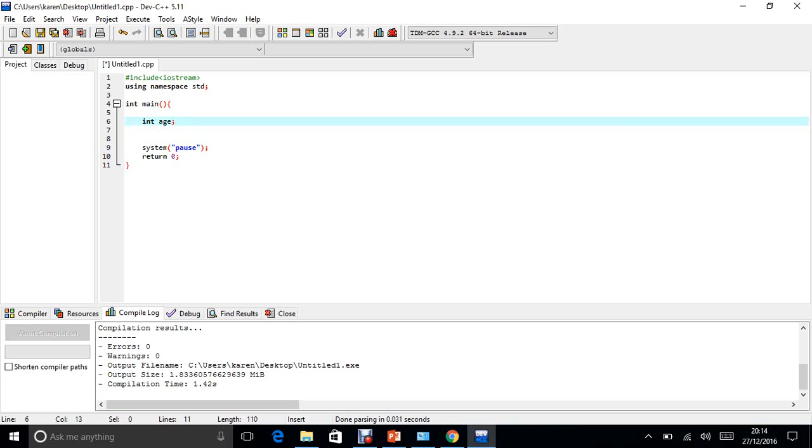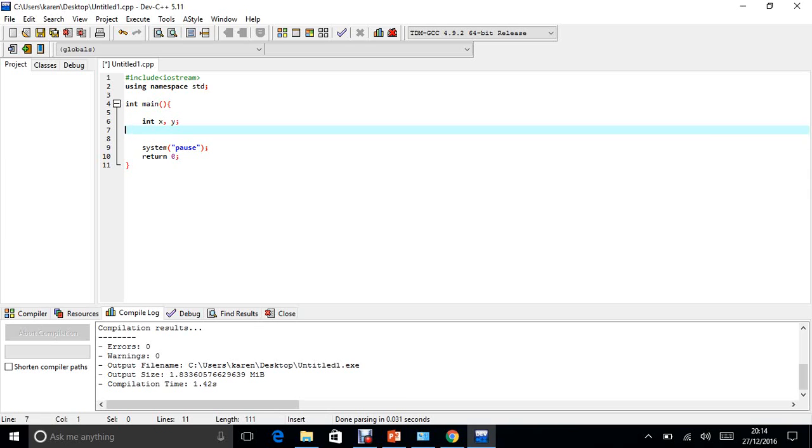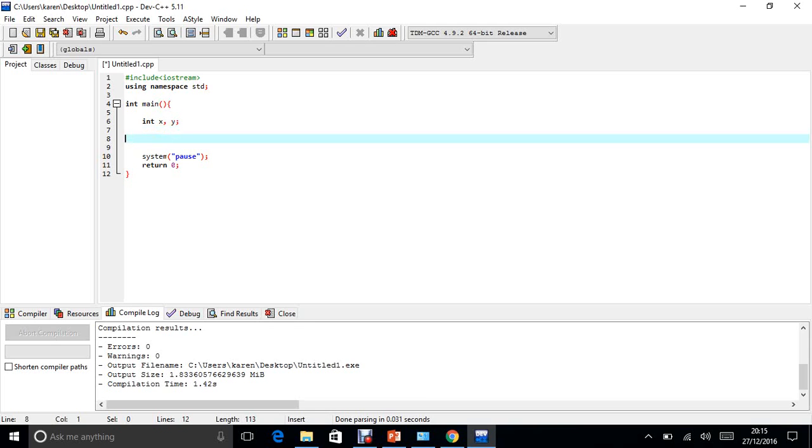Let's just enter in an integer, a couple of integers, x and y really. And then what we want to do is we want the user to be able to enter in a couple of numbers for x and y, and then we're basically going to check those numbers, and based on what those numbers are we're going to do something really. So what we're going to do, we're going to say